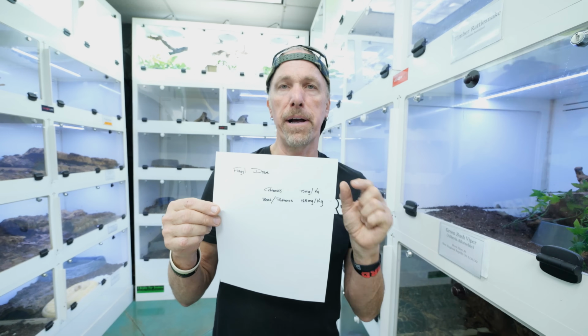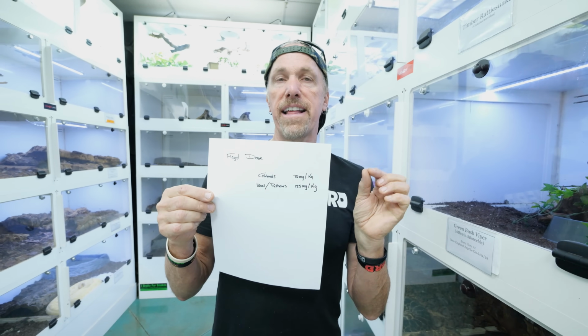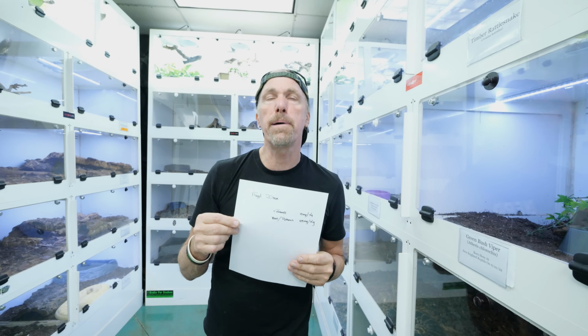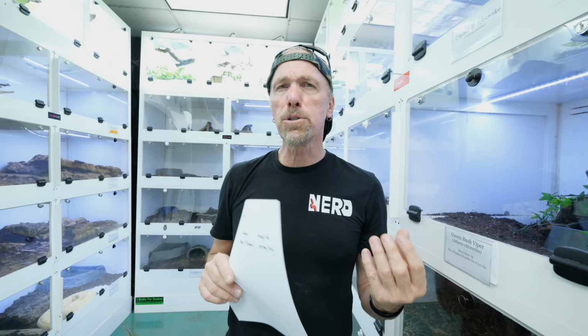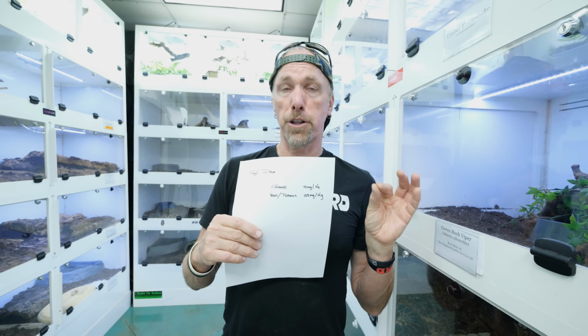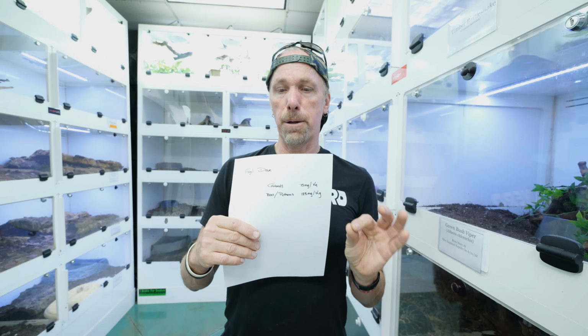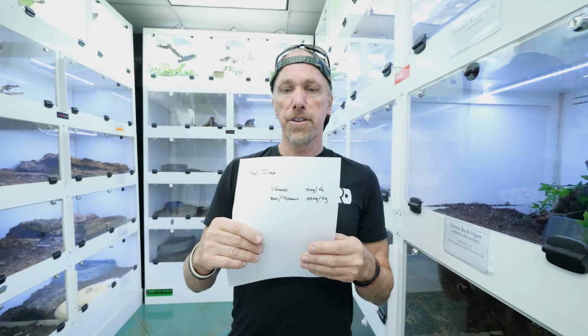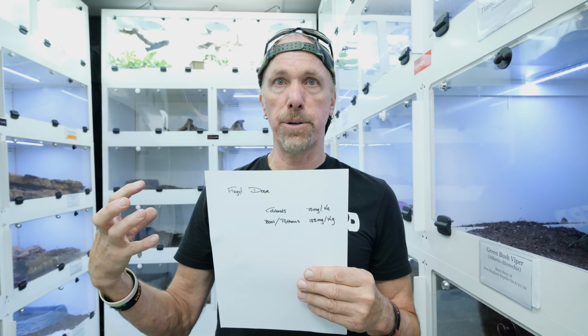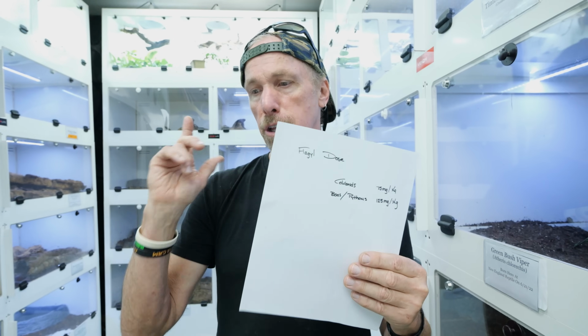And let's look at ball pythons and boas. That's at a higher rate, 125 milligrams. So what's specific about the dose? The animal has a metabolism. Generally, colubrids have a faster metabolism, so they're a faster metabolic rate than a python or a boa. So we want to use less of it because there is a sensitivity to it. So how are we going to do this? So the first thing you do,